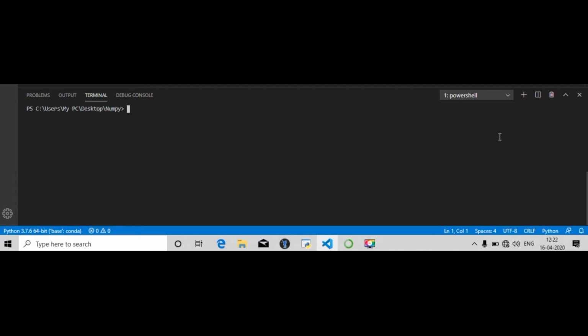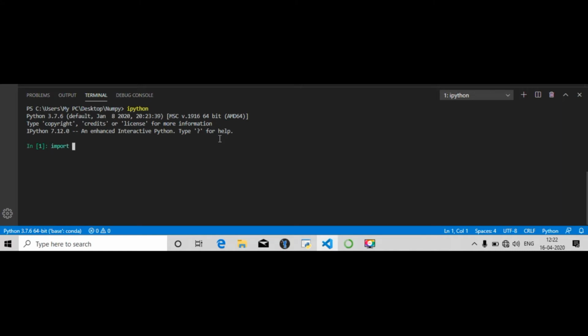I want to show you the basic use of all these modules, starting with NumPy. So let me show you opening the Python interpreter. You can just type IPython and it will open the interpreter. Here I need to import NumPy as np. I'm importing it. I'll be defining two arrays in NumPy. It is pretty similar to the list in Python, but it's not actually a list.